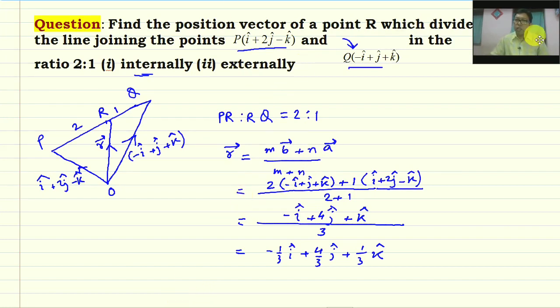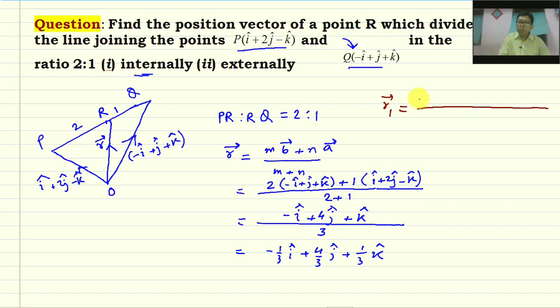Now I shall find out external division also. So I just change the ink color. Okay, this color may be fine. Again, for external division, let us consider that the point R will be outside this line segment PQ, so I do not draw it again. I just solve this problem. Say this is the R1 vector, the new position of the point R. So the R1 vector is equal to, just you will put a negative sign here, (m·B vector − n·A vector) divided by (m − n).